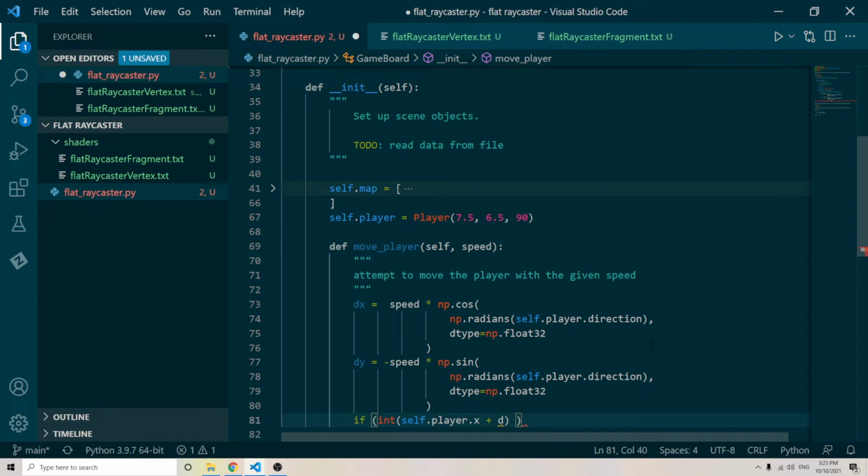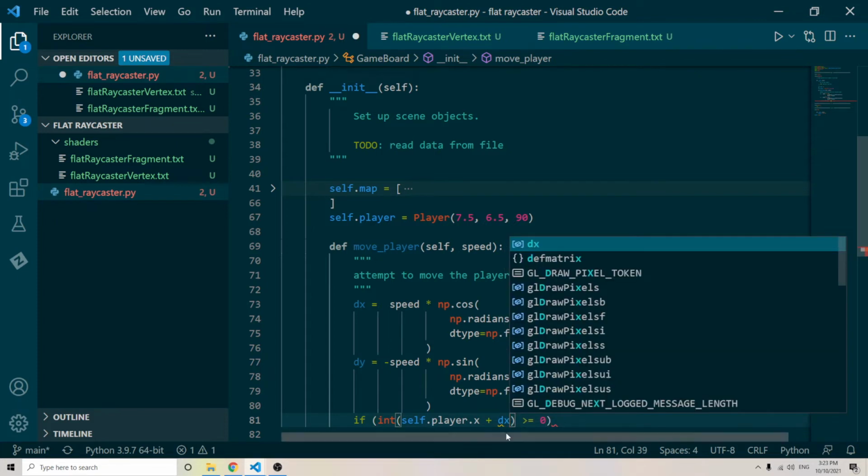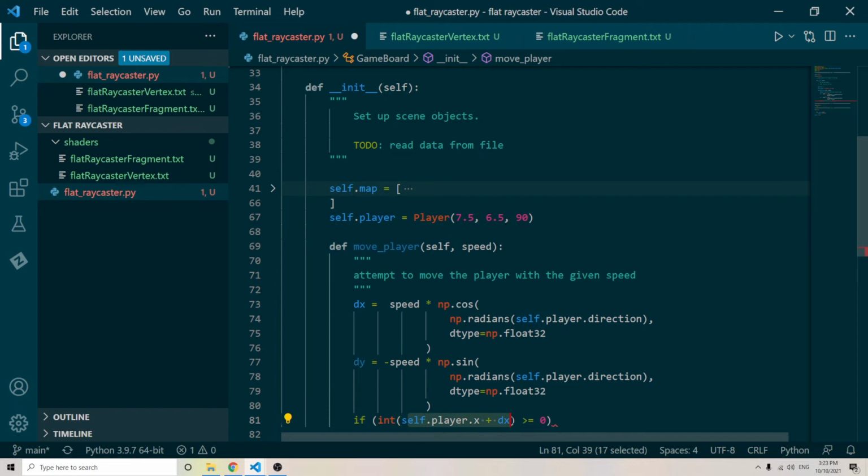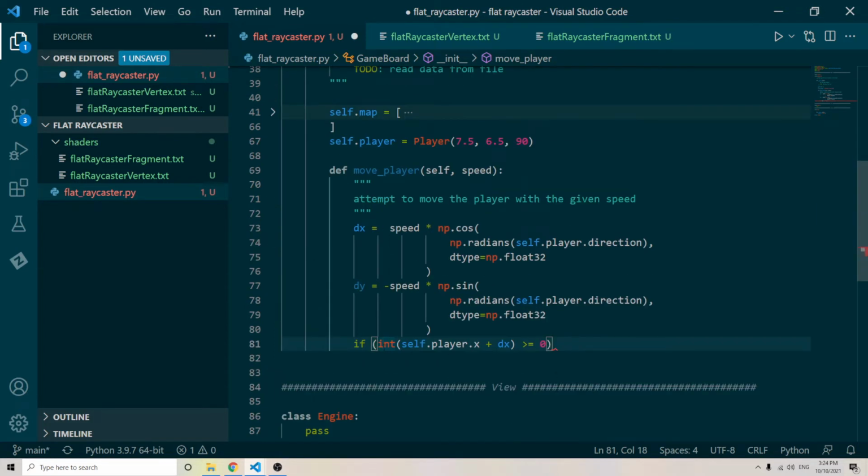I just want to check a few things first. We'll call this the new x position, which will be our position plus that dx. Round that to an integer because we're looking inside that array, which is all indexed by whole numbers. So the first thing we want is to be bigger than 0 and less than the maximum. So less than or equal to,